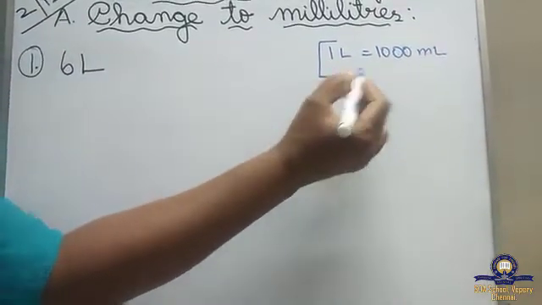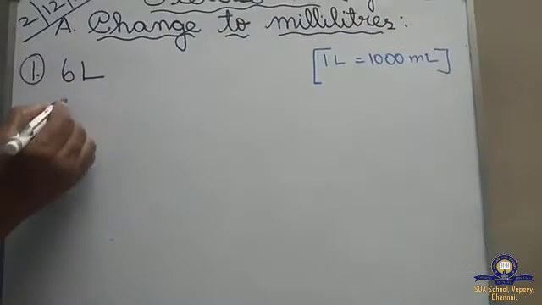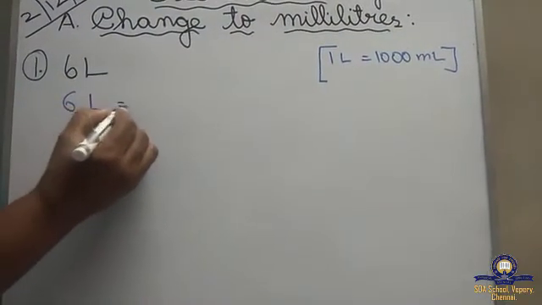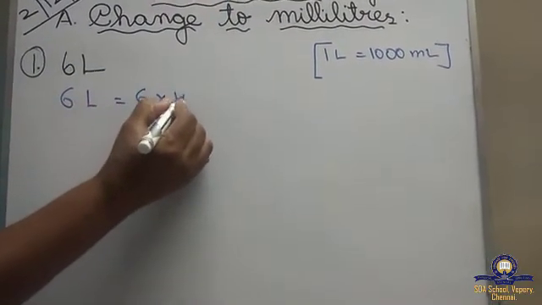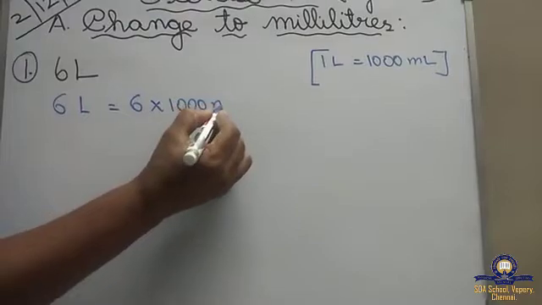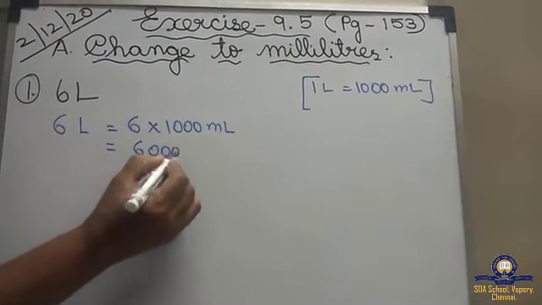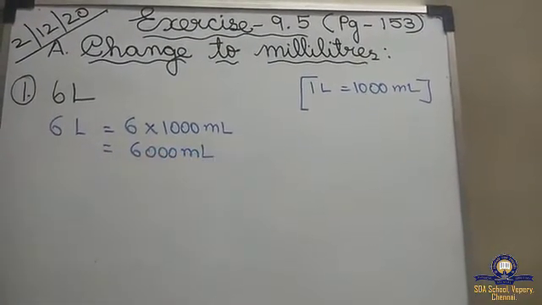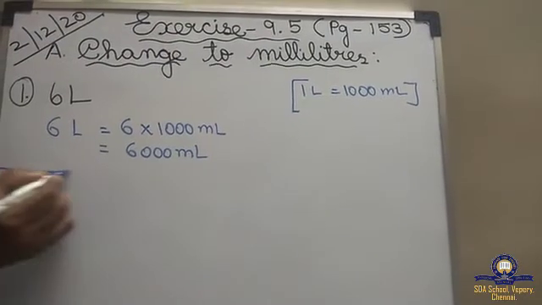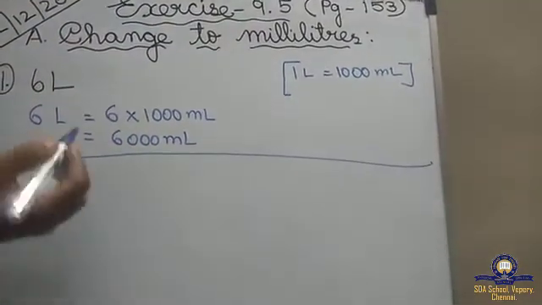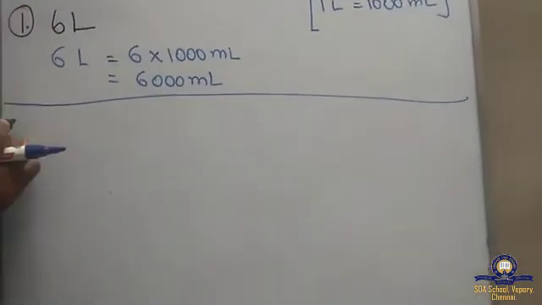So 6 liter means what will come? 6 liter is equal to 6 into 1000 milliliter. So the answer is 6000 milliliter. Okay children, this sum is very easy, isn't it children? So after that you draw a line, and the second sum is